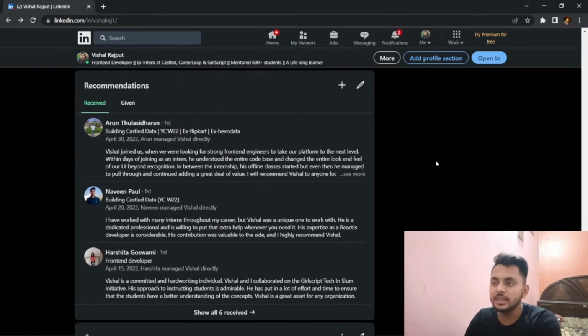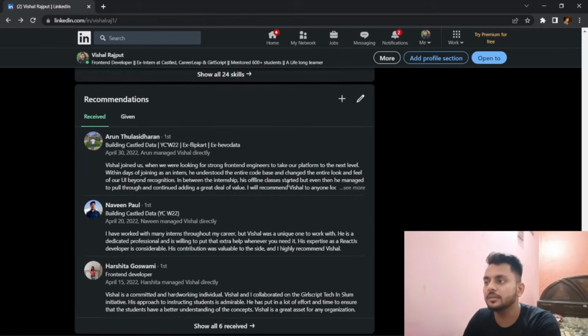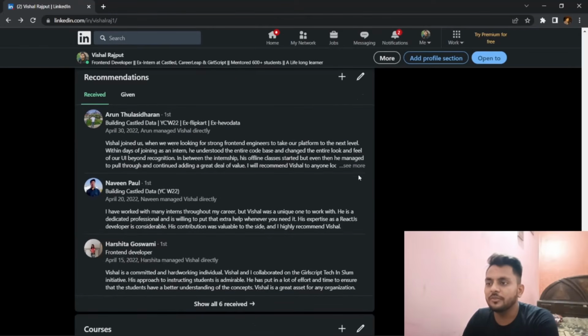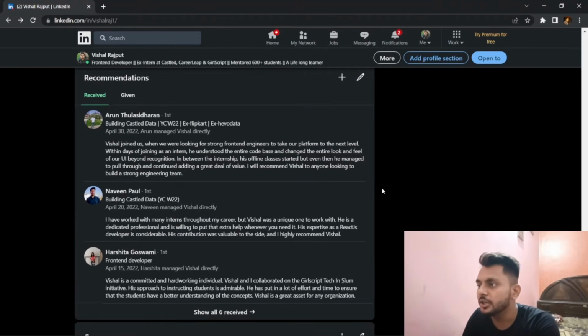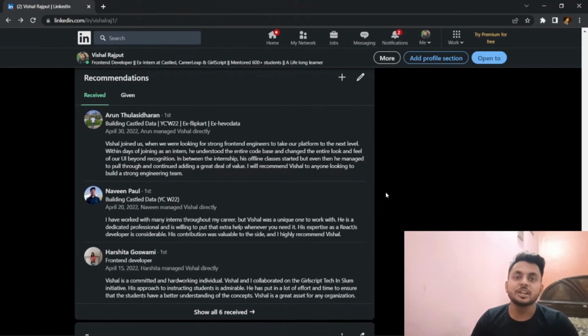Then this is a very important part. What you can do, this will boost your proof of work, and for somebody looking through your profile, this recommendation will give you a very strong point. So what do you write in the recommendation? If you are working in any company, you can write a simple message to your mentor or your manager, hey, I have worked under you for 4 months, 5 months, 6 months, could you please write a recommendation for me? This will show the value you have added to the organization.